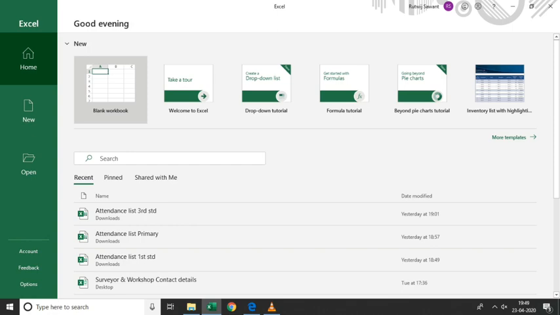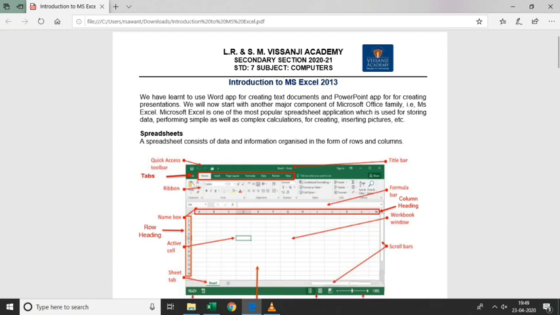Now according to your notes, the chapter I've given you is about MS Excel 2013, and if you are using Windows 7, the way to open MS Excel is to go in Start, then All Programs, Microsoft Office, and then Excel 2013. In this way also you can open MS Excel. But even in Windows 7, you get a search box where you can directly type Excel. As you type, the list will appear. From that you can select MS Excel, and it will open for you.